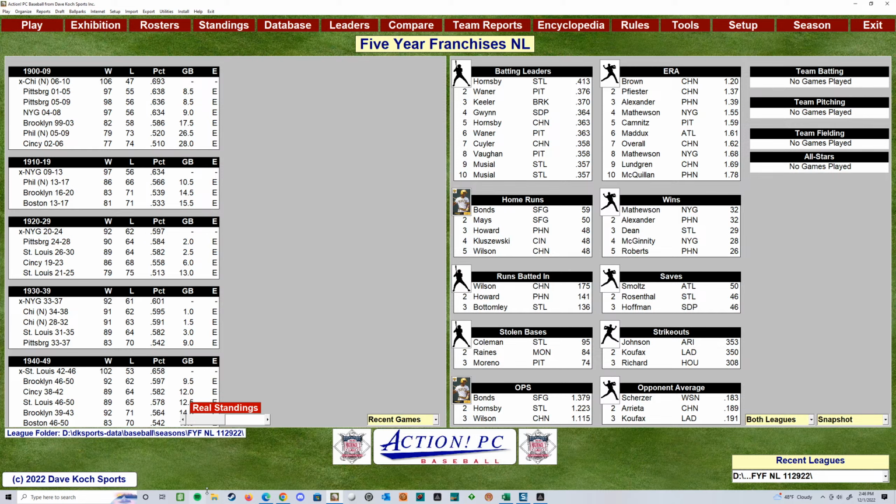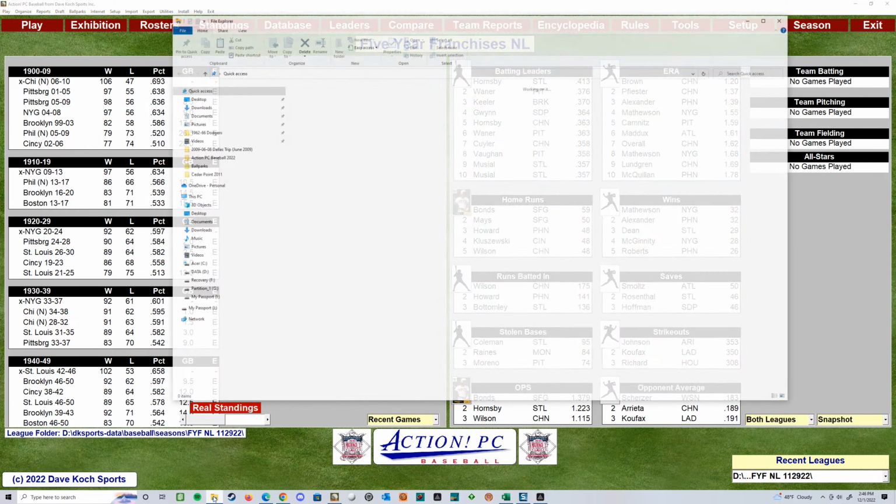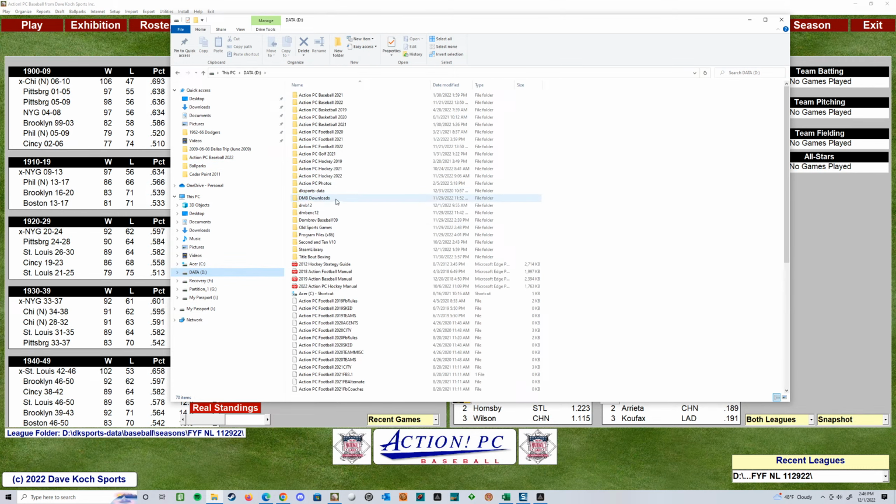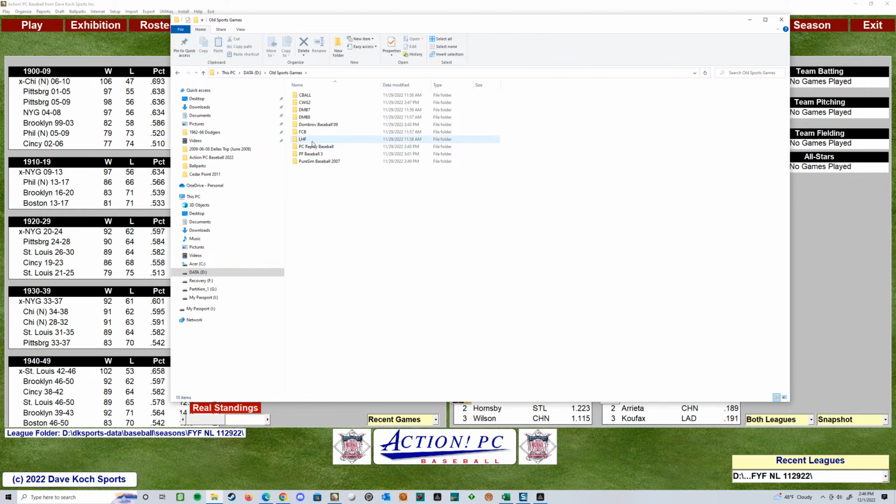And what's funny is, let me go here. I found some of these old games. Let me see if I can find where were they here? My old, look at this. I got my DMB stuff here. My old sports games right here.